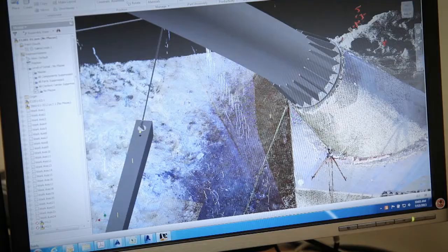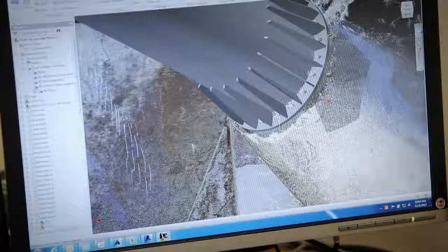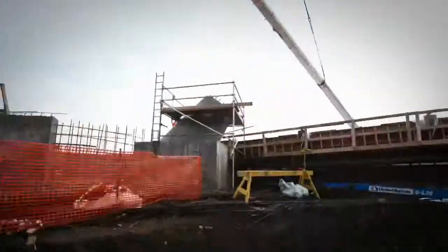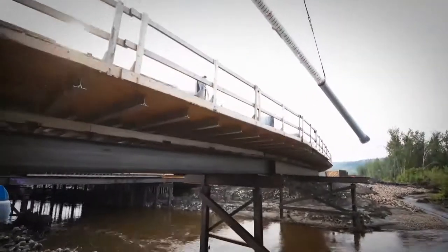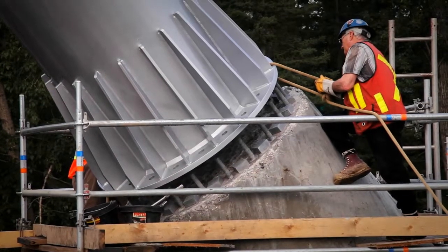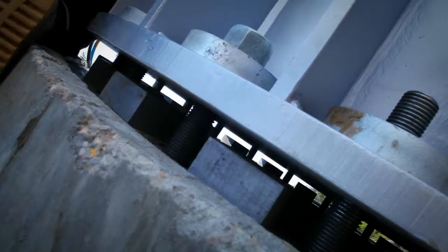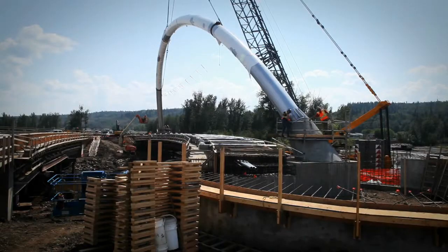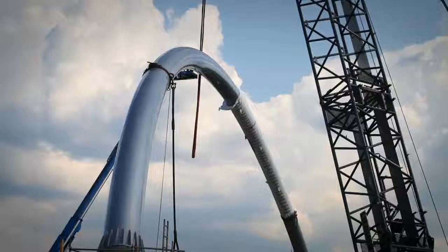We all had 3D models, BIM models, that we used to check each other's work. And at the very end, before we went to do the erection, they used the point cloud system to confirm where the anchor bolts were. And it basically eliminated all the risk from the erection. The success for us is when we lifted that arch and it went right into place. Within 2 hours, it was sitting in the right spot. Within 8 hours, we were torqued down and ready to release the crane, and it really was a great success